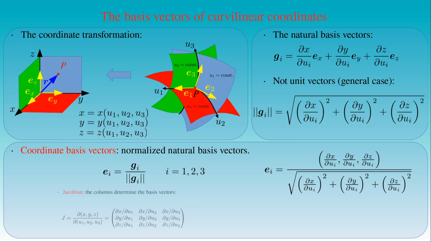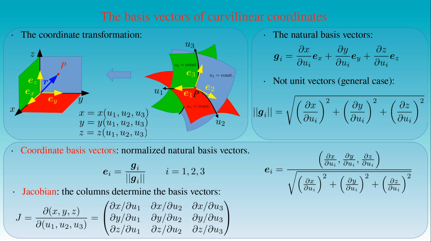However, we can use the Jacobian J of the coordinate transformations between the Cartesian coordinates and the curvilinear ones to compute the basis vectors. In fact, the columns of the Jacobian will help us to determine them. Since each column of the matrix J contains the numerator of the fraction defining the corresponding basis vector, it is enough to read out their components from the column vectors of the matrix, denoted with J1, J2 and J3. The only missing factor is the normalization, which can be computed from the squared sum of the column vectors. Then each column vector is equal to the corresponding basis vector times the length of that column vector. We apply this simple method to determine the basis vectors of the cylindrical and spherical polar coordinates.